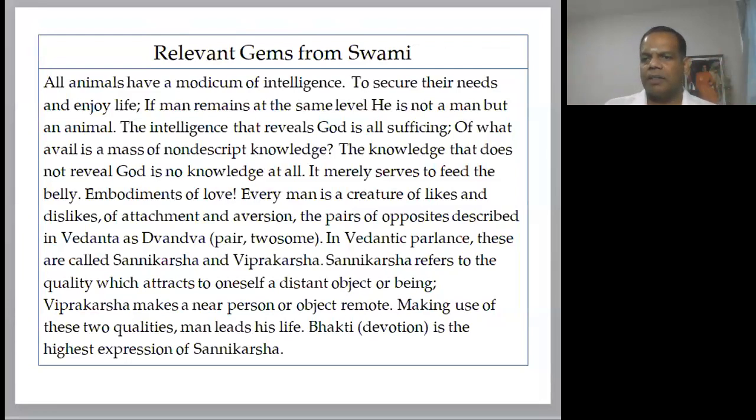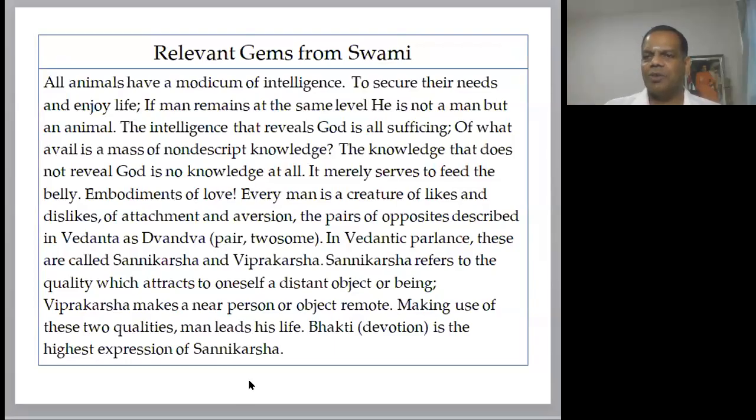Akarsha means to attract towards us. So I think Akarshana Shakti, people say it means to attract. Because, just an aside, Swami gives the meaning of Krishna as Karshati iti Krishna: the meaning of Krishna is one who attracts. So the devotee should be able to attract the Lord and be attracted by the Lord.